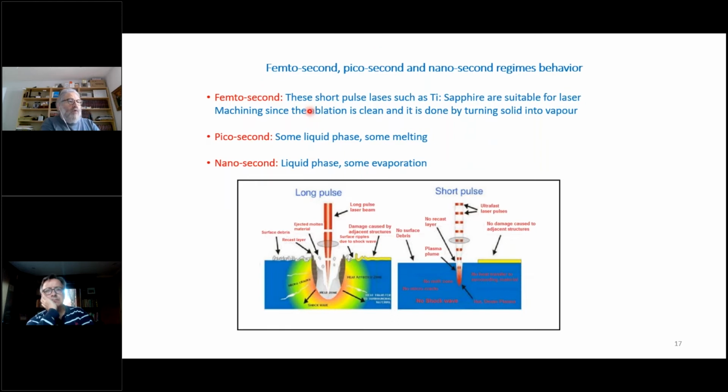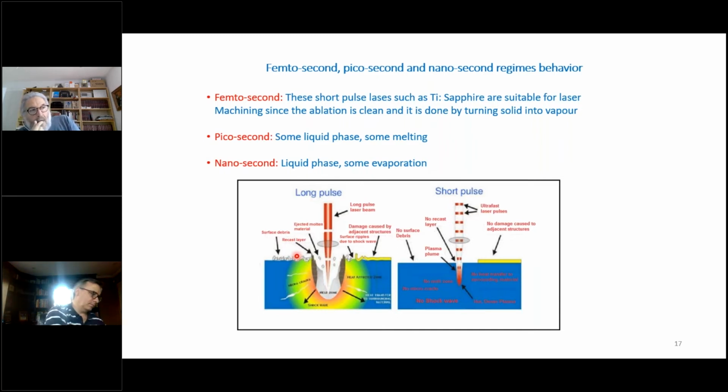Here we go back again to laser ablation and do a comparison of drilling with short pulse and long pulse. Basically we have 3 regimes: femtosecond, picosecond, and nanosecond. For short pulses in the femtosecond, the drilling is very neat. You can see there is no melt zone, no micro cracks, no shock wave, no heat transfer to surrounding areas, and basically the solid is just being vaporized. But if you go to the longer pulses, all kinds of liquid physics effects will take place. You will see the shock wave, the micro cracks, damage to adjacent structure, surface debris, ejected molten material. All of this will come into the picture, which is